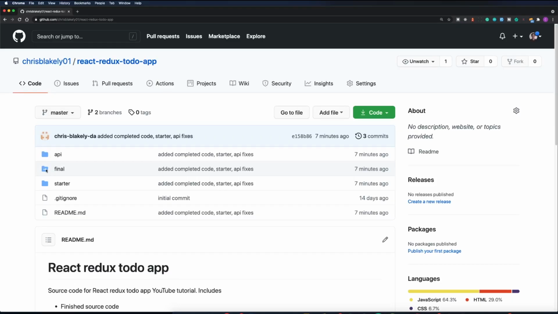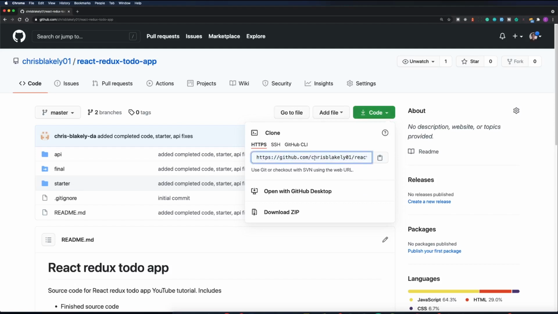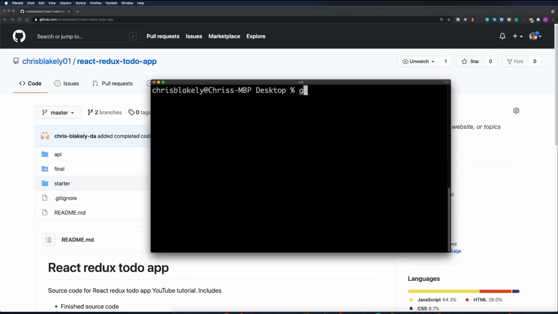Let's get started. Okay, so if you want to follow along with the tutorial, I've provided some starter files that are on the GitHub repo for this project. So all the links are available in the description. What we want to do is clone this repository. So just grab the clone URL, open up a terminal, and then we'll just do git clone and paste in